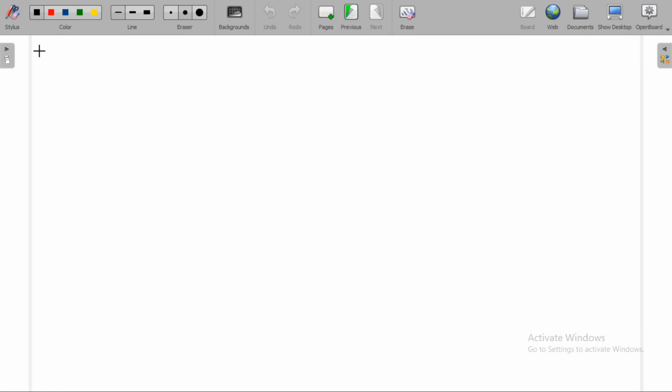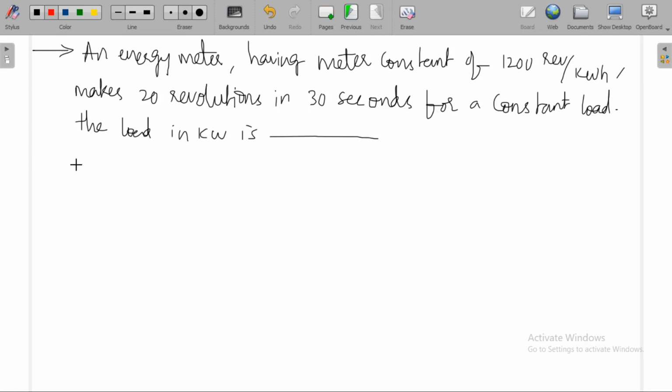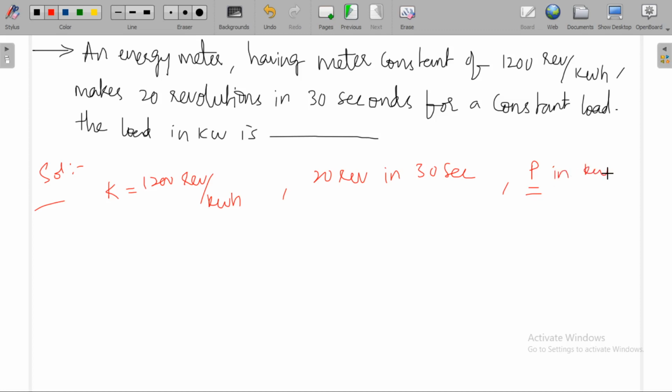Coming to the last problem. Coming to the solution. An energy meter having meter constant K equal to 1200 revolutions per kilowatt hour makes 20 revolutions in 30 seconds. So what is the power, what is the load? Power P in kilowatts, which is equal to, we do one thing,